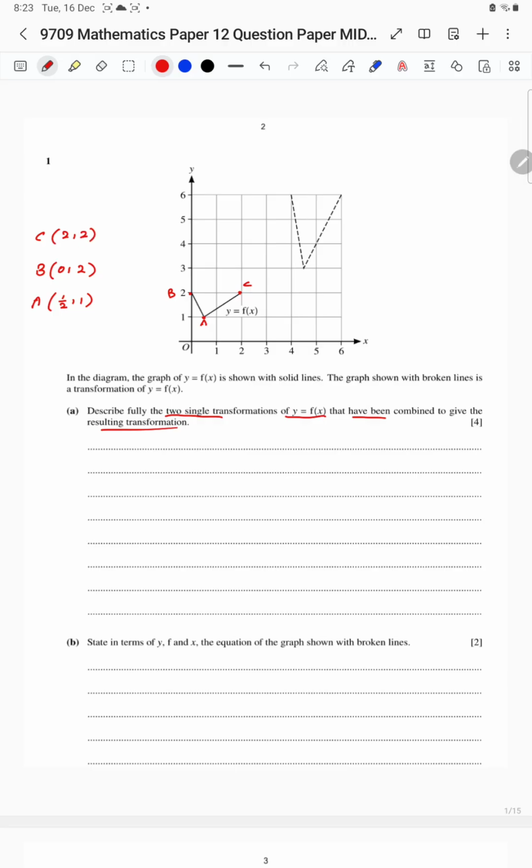And here you can see the width of the original graph is 2, and for the graph which has been transformed it is 2 as well. So this means